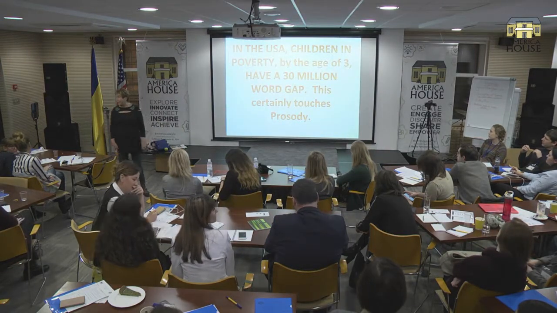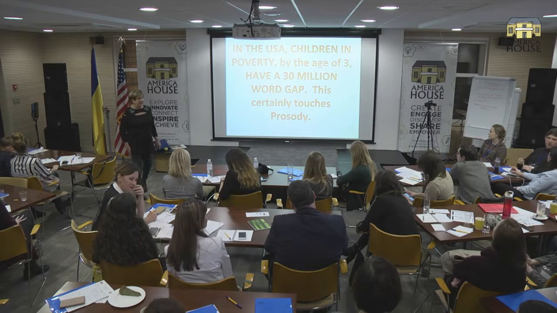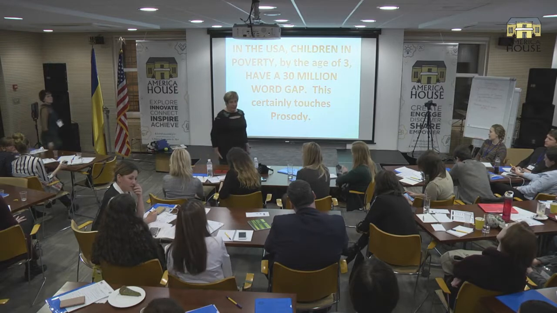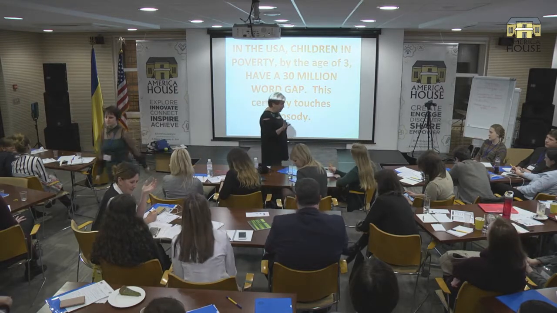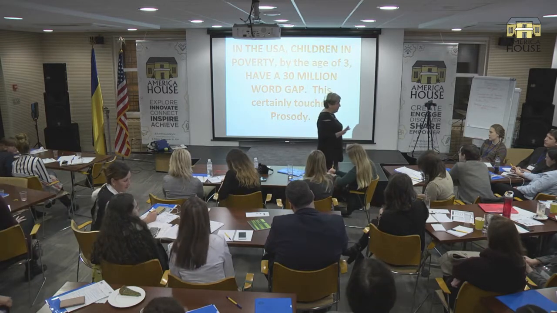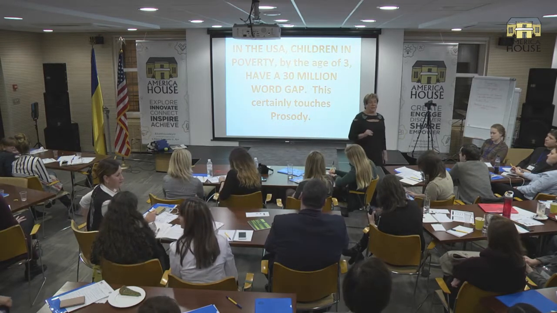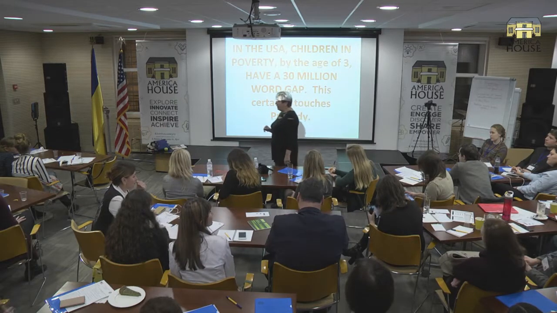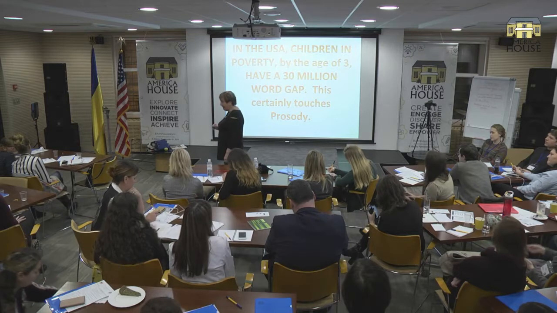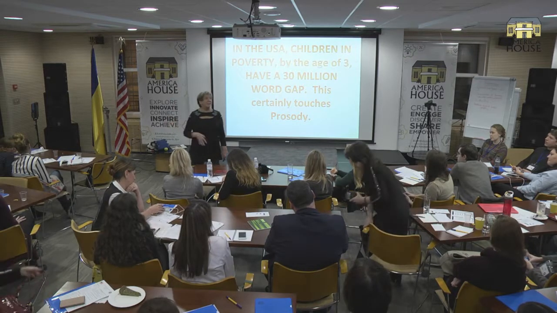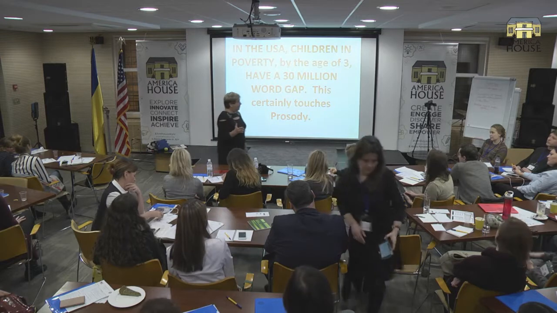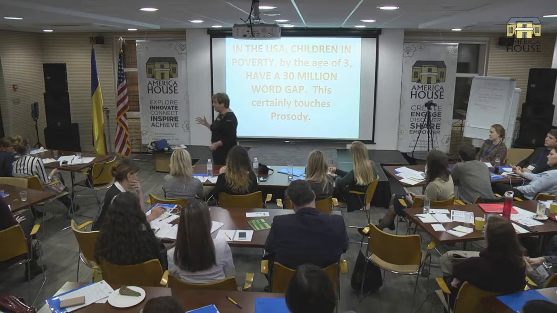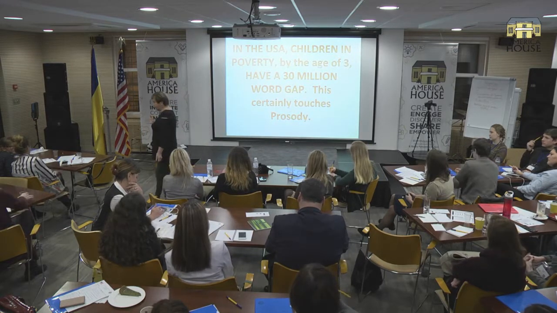Okay, I've got to share this one thing with you. This is another research study that just hit me hard, and I want to make an analogy with the students you're teaching. This is a research study where they looked at thousands of children, children in poverty and those not in poverty. It's easy to tell in the United States because if you're on free lunch, you're in poverty. So it was easy, and it was thousands of children from lots of different places, randomly selected.